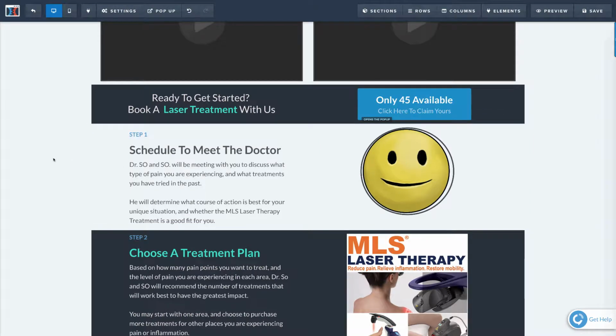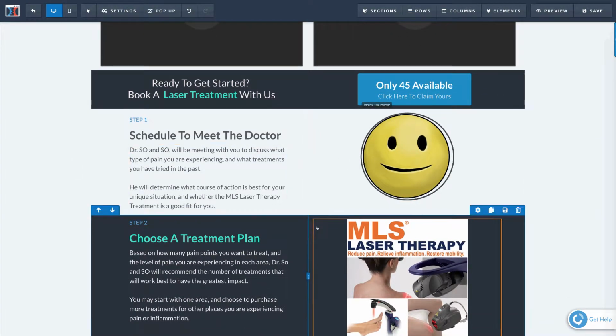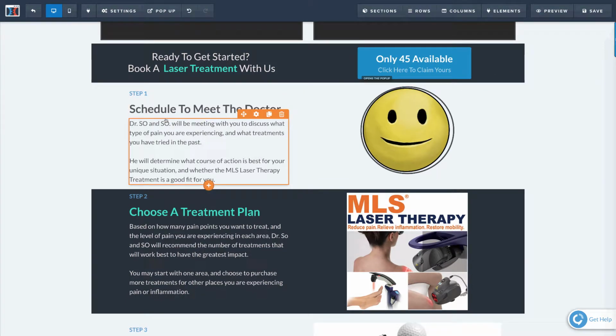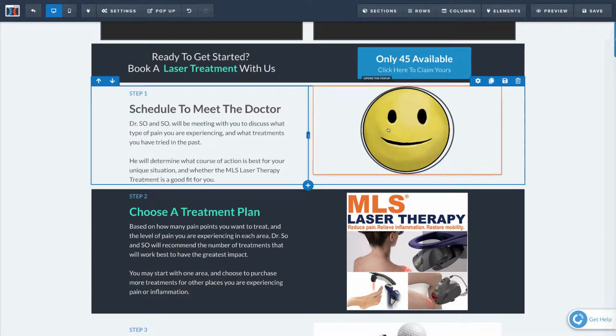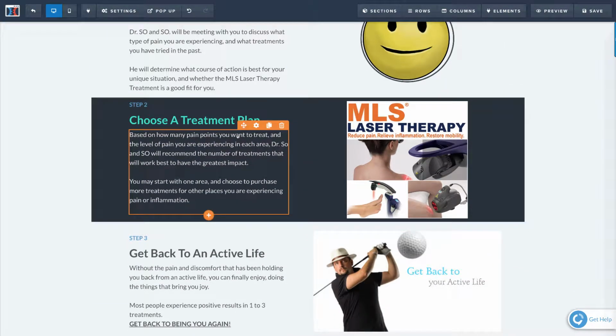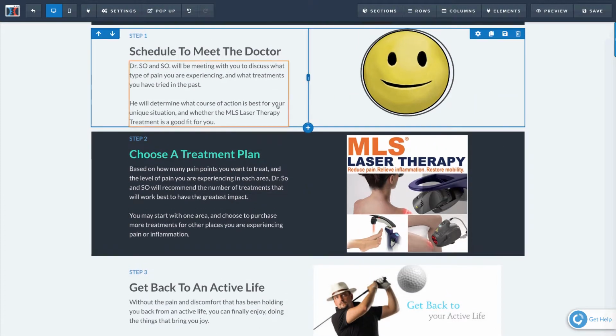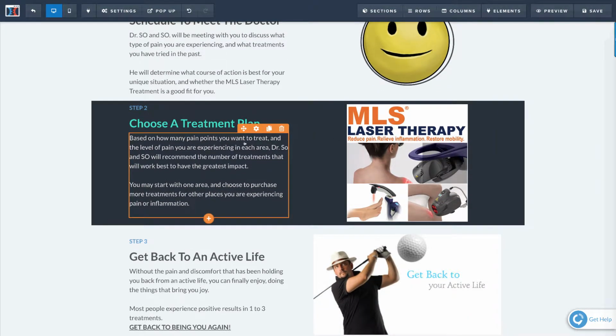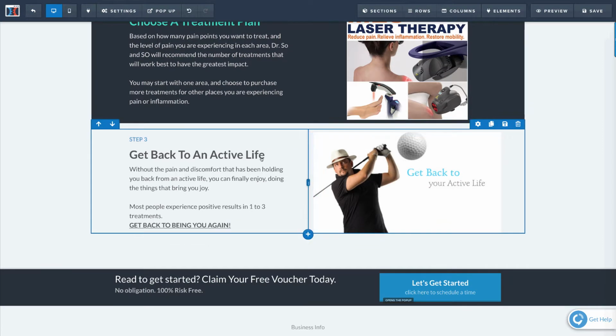And then these are the steps to claim the voucher. Okay, so this is step one: schedule to meet the doctor. Or schedule to meet whatever your service is: the plumber, the hardwood floor guy or gal, the salon, whatever happens to be. Okay, so this is step one. Step two is to choose a treatment plan. Okay, so this is if you have steps in your plan. So step one would be obviously to contact you. Step two would be to come in and get your treatment. And then step three could be,